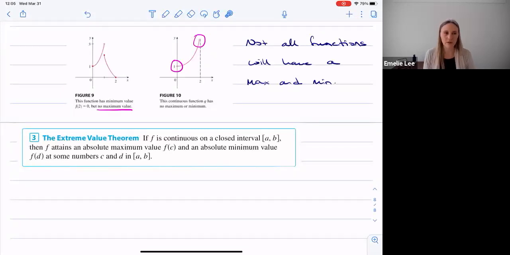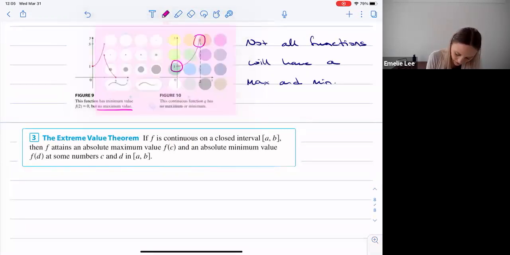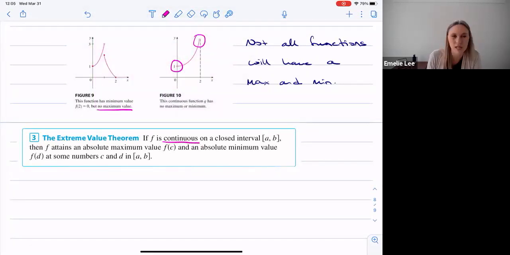But so the extreme value theorem says that if f is continuous on a closed interval, okay, so that's two things that we're going to need to check, right? The function has to be continuous and it has to be a closed interval for this theorem to work. But if both of those are satisfied, then f attains an absolute maximum value, f of c, and an absolute minimum value at some numbers c and d in this interval, right? So it assumes that it's continuous, which means it's differentiable. And as long as we're talking about some closed interval,